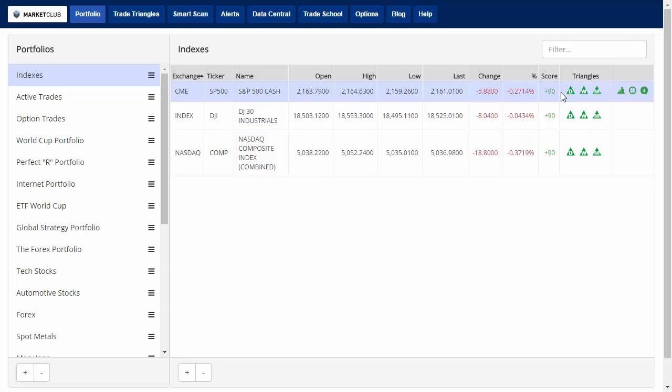As you can see, just a quick overview of the portfolio. The three main indexes are down today. Not really down much, but a little bit. And the scores still remain on a positive trend. But we'll go ahead and start looking at